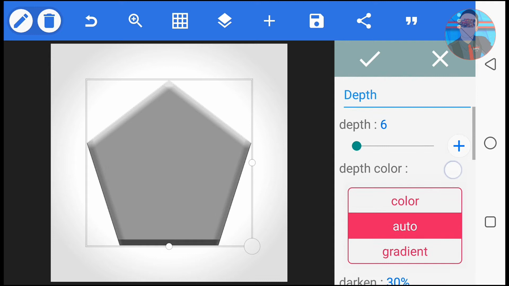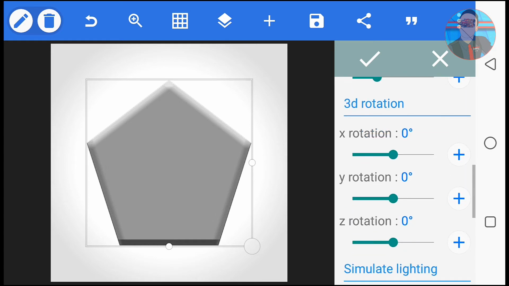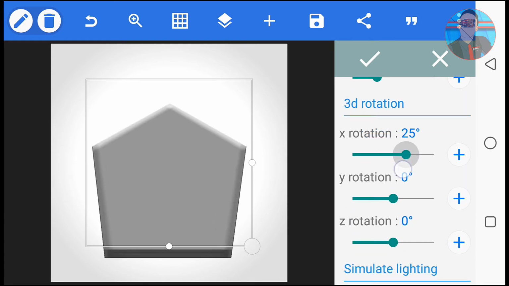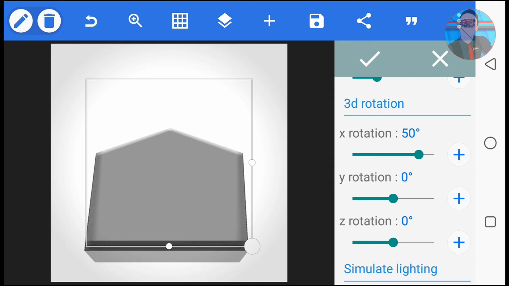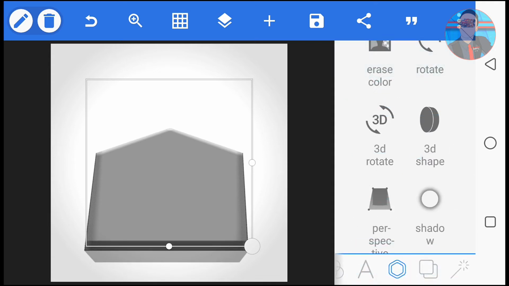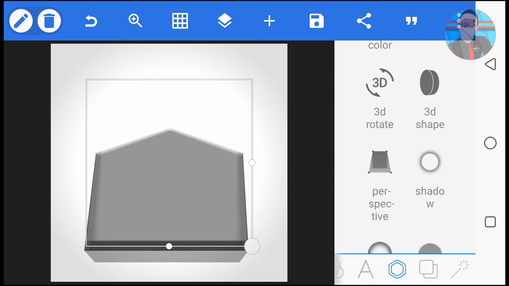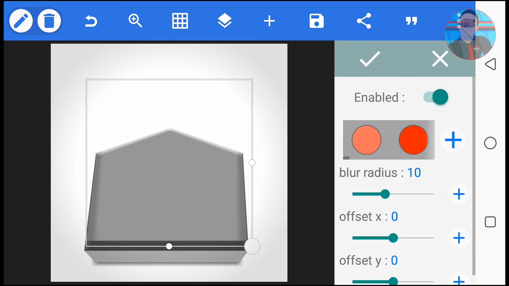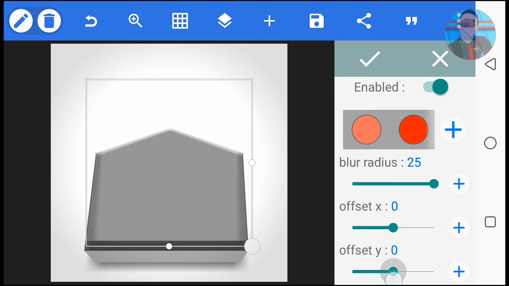Leave the other values the way they are, but make S rotation 50 degrees. Tap shadow and enable it. Make the blur radius 25 and offset Y 15. You can choose black for the shadow color,